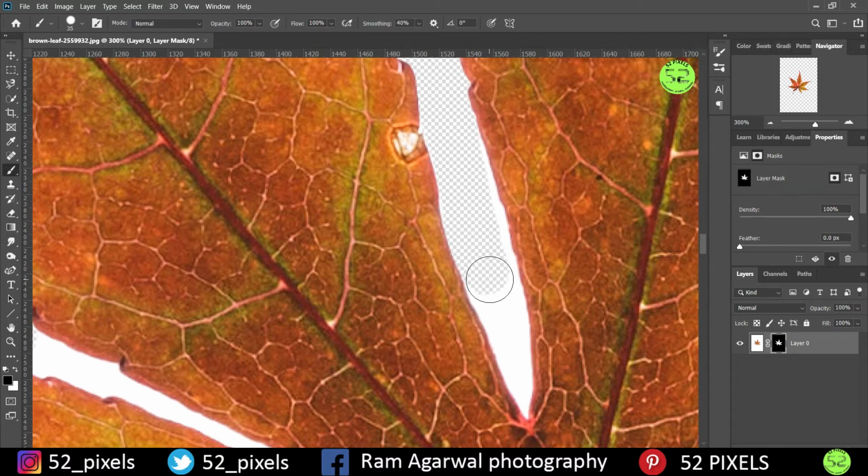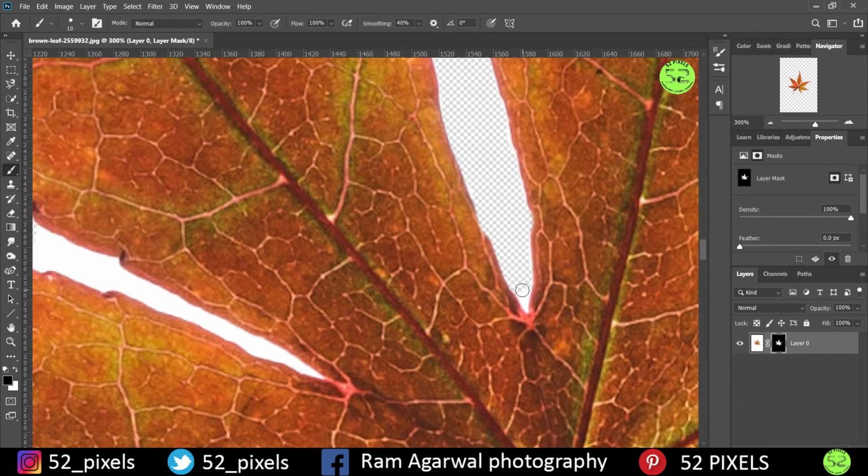But what happens is, I'll just show you quickly. So as you can see, using the brush tool we can almost do the selection properly, and then we can work in the select and mask technique. But there are some regions that cannot be worked properly with the brush tool. Which region is this one? So I'll show you with the mouse. So this is the region that cannot be worked upon with the brush, because it's just a narrow region and it's just a specific region, and it's hard to work with that region.